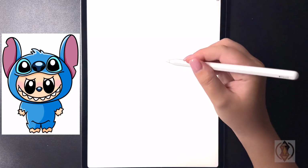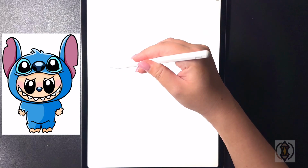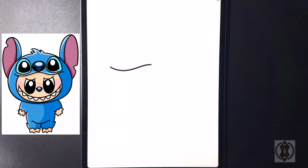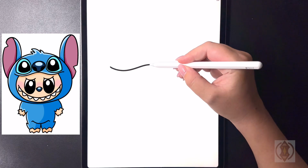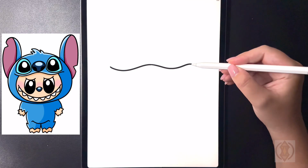So first we're going to get started with the bottom of the head on the top. So we're going to curve this line in, up, and across. And then we're going to start back on this line, curving this down, up, and then over, just replicating that